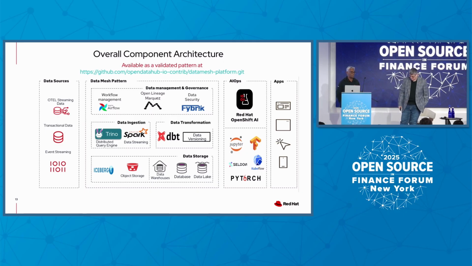It could be MinIO or AWS S3, Google storage, as long as it is any S3 compatible storage. These are the 3 layers of the data mesh architecture implementation. And I'll show you the demo.